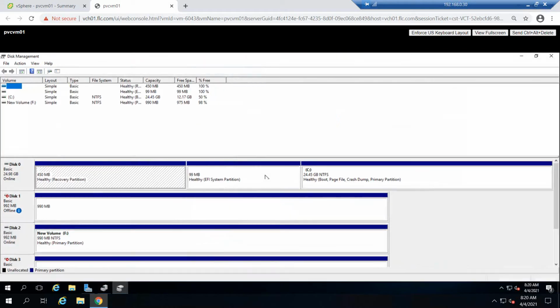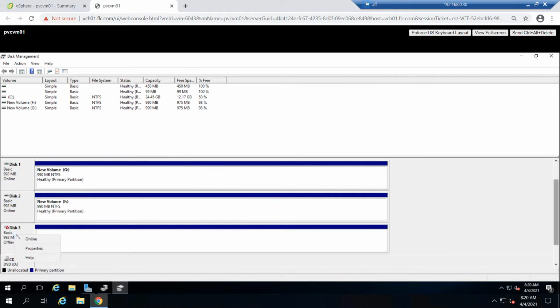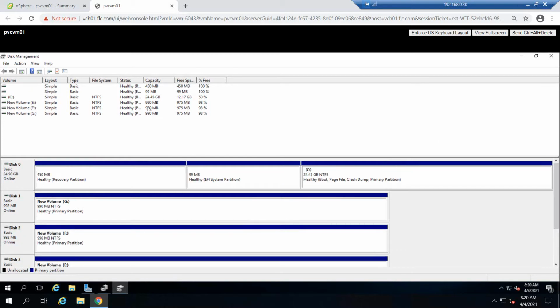Here, a few disks are visible, a few disks are offline. So we'll make them online, and we need to run a command so that next time whenever you reboot the server, the disk should not go offline. For that, there is a command to run using PowerShell.